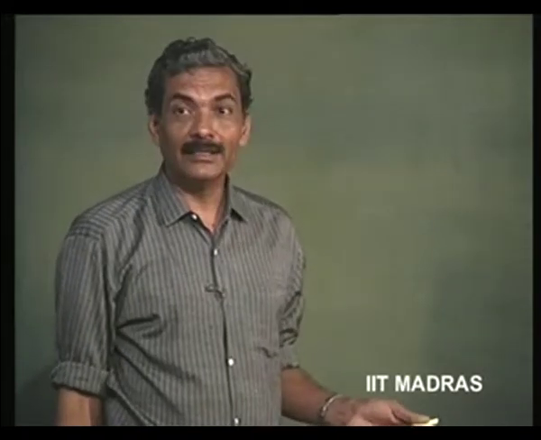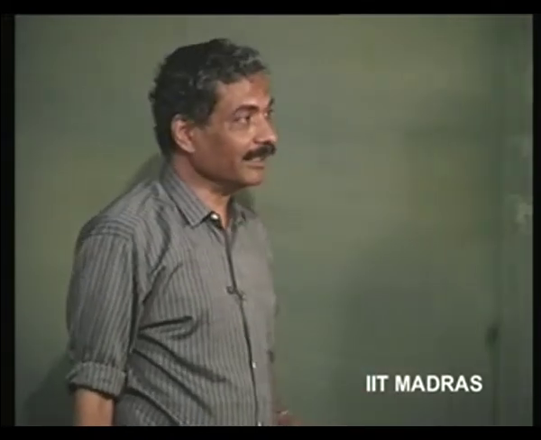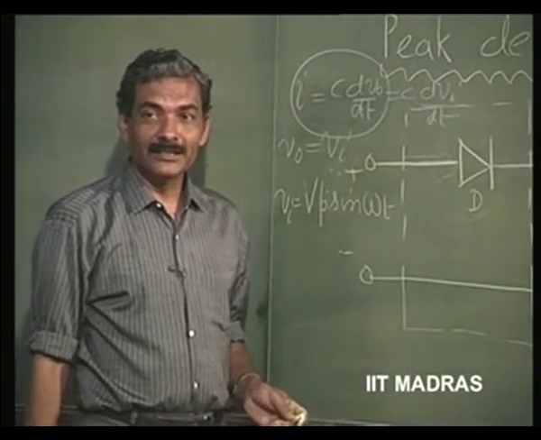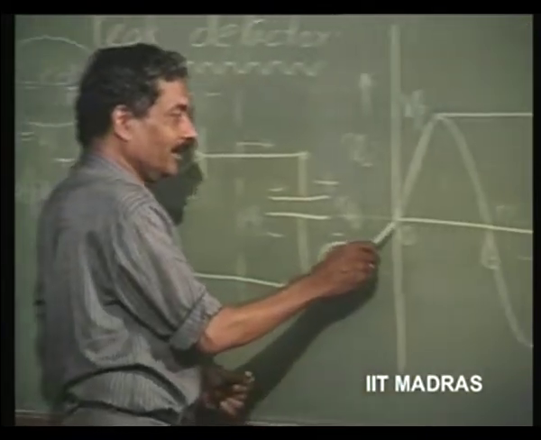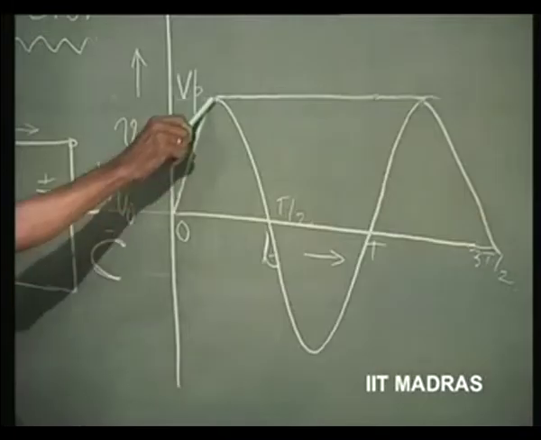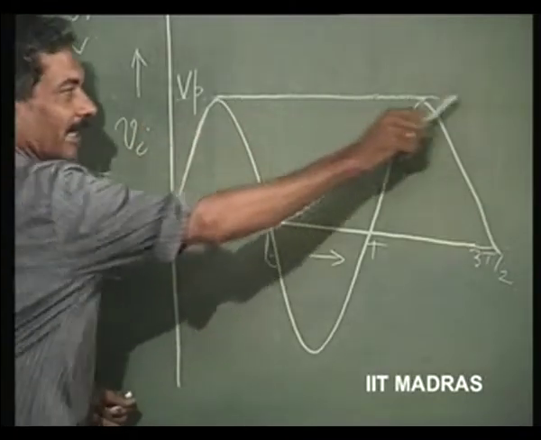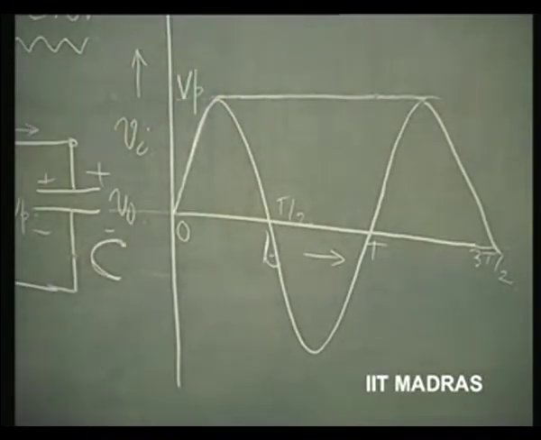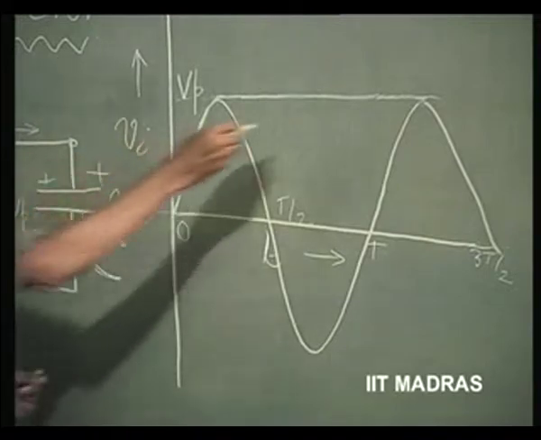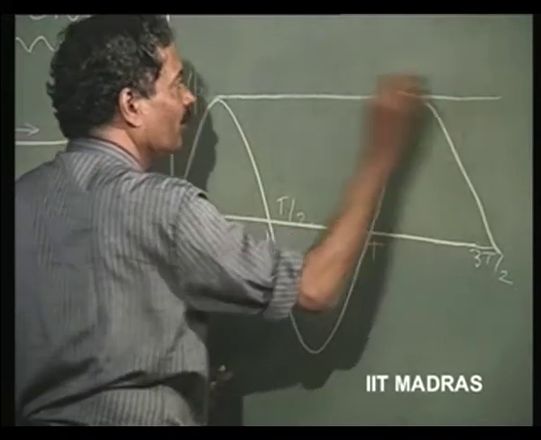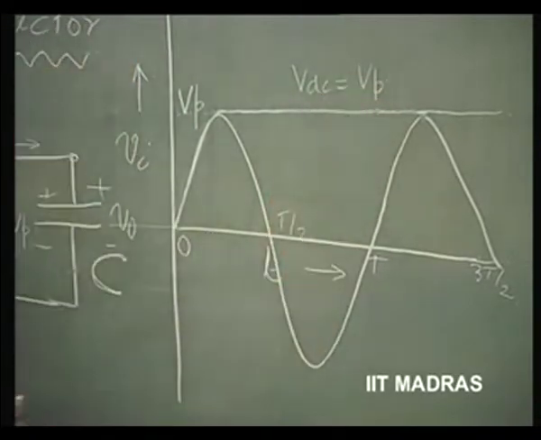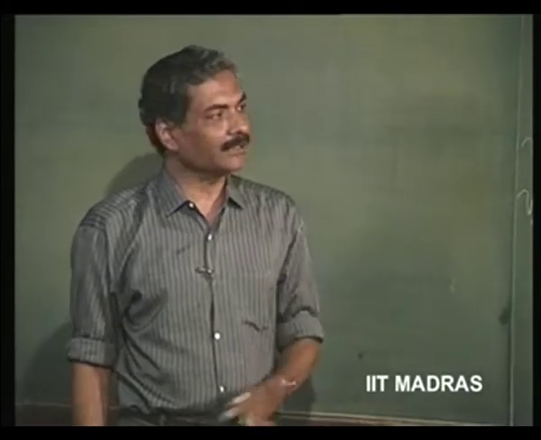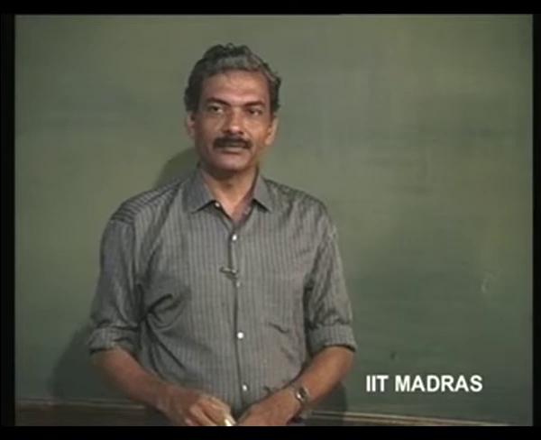So we see that this is the easiest technique of obtaining a DC. So we have now, only during this portion of the time it is following the input. After it reached the peak, it has remained at the peak forever. So we have obtained a DC equal to the peak. V DC is equal to V peak here. This is a DC voltage. The capacitor remains charged at the peak voltage Vp forever